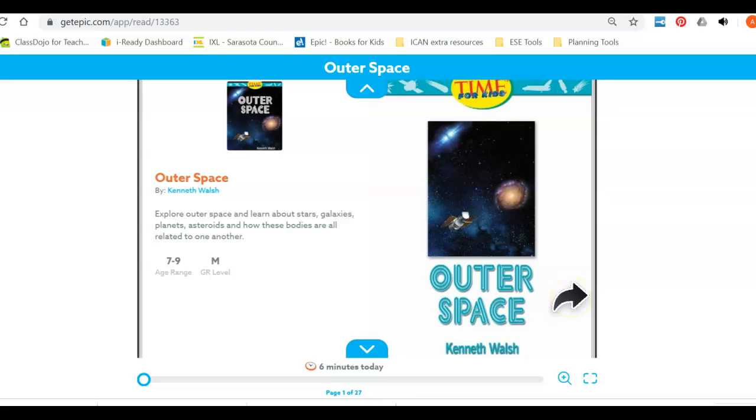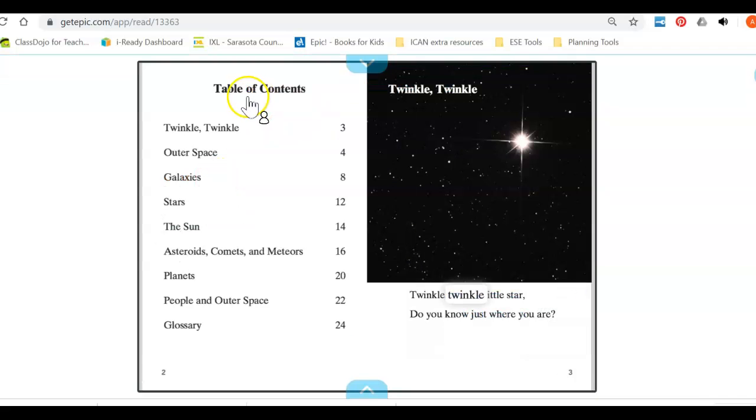While I'm reading today, I'm going to point out several of the text features so that this will help you with your worksheet later on, like the table of contents. The table of contents is found right in the beginning of the book, and it helps me so that I can find where different topics are within the book. For example, if I just wanted to read about the sun, I would skip down to the part that says the sun, look at the page number, and then if I go to this page number, I should find that topic. It helps me to make shortcuts if I'm just looking for certain information.